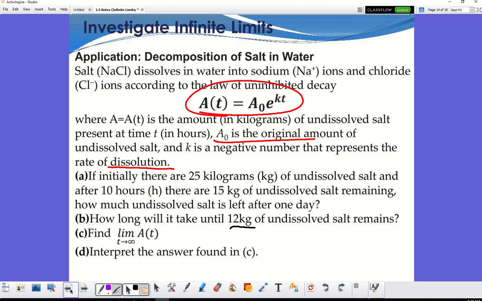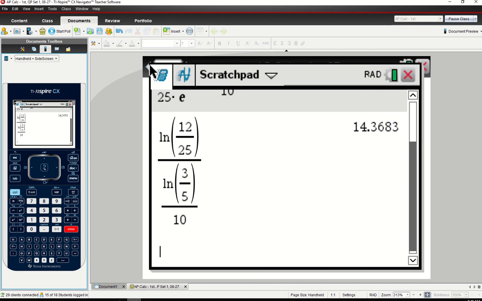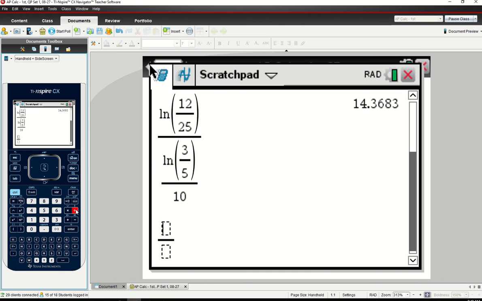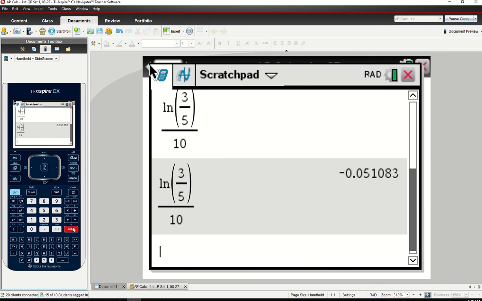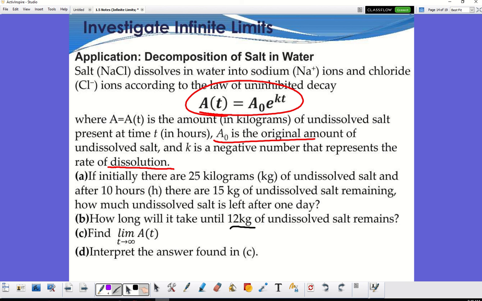So yeah, I could actually do the math to figure it out because I left it in ln form for this reason so we could see this. So it was ln of 3 over 5 over 10. It's negative, isn't it? Okay, so now let's go back to the time thing again. So the time is positive, but the K is negative. A positive and a negative makes what? A negative. So I'm going to have a negative exponent on my E, right?